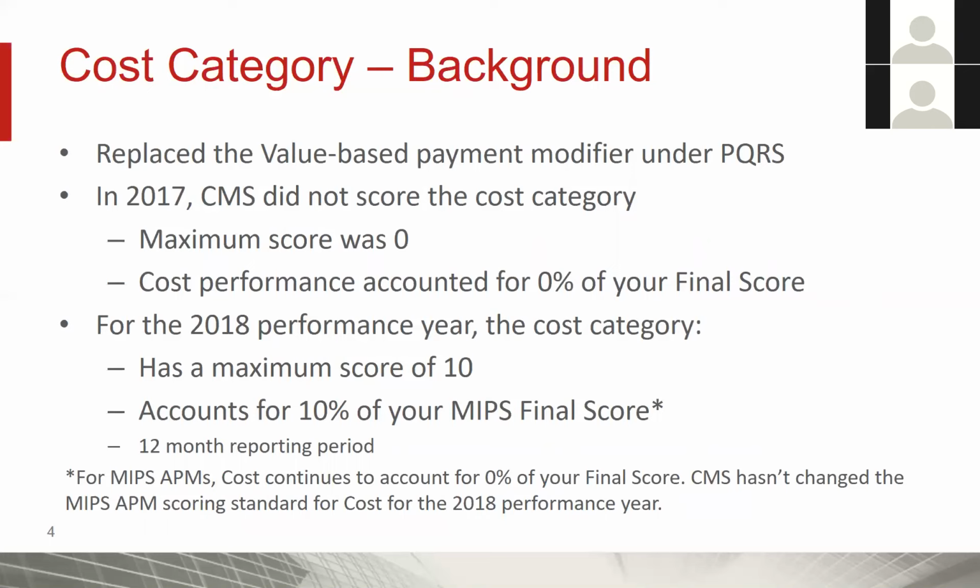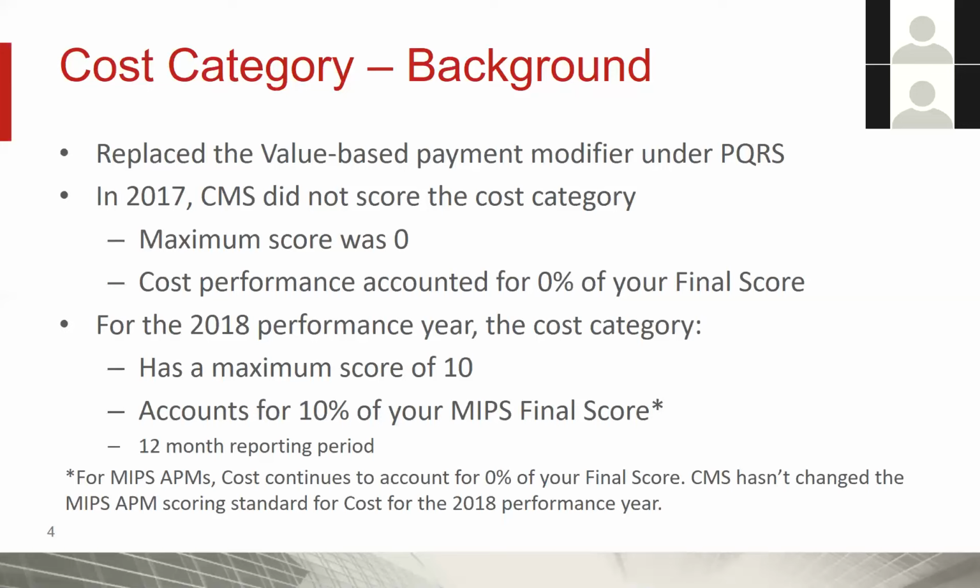CMS did collect data on costs in 2017, but providers were not actually scored on this performance measure. However, for the 2018 performance year, the cost category is scored. Now this particular performance category has a maximum score of 10 points, and it will account for 10% of